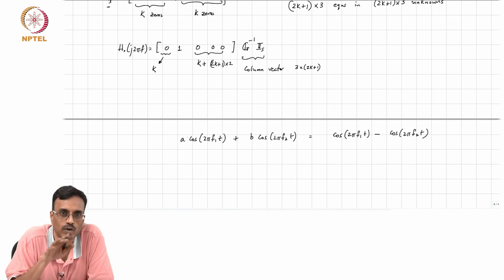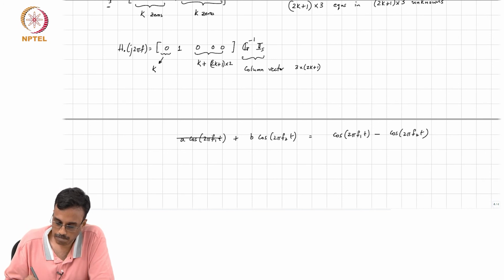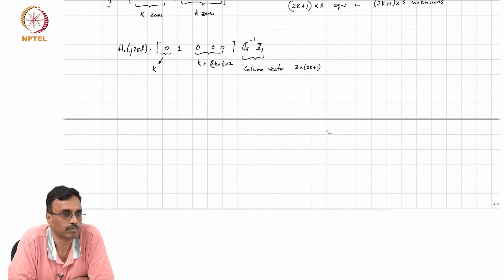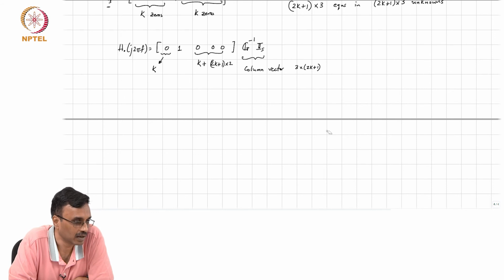Okay. So are you convinced or you're not convinced? Two different frequencies, right? I mean, the only way the left hand side can be equal to the right hand side is if the individual ones match, correct? Okay. So KCL and KVL must be satisfied at every frequency. Maybe I should have mentioned that before I went through all this, but yeah. Anyway, it's a good question, and hopefully all of you are convinced that it must be satisfied at every frequency, right?